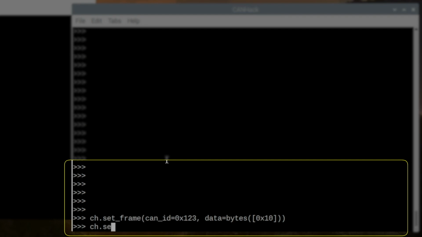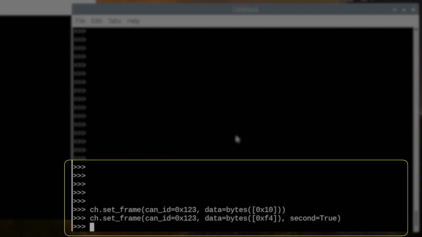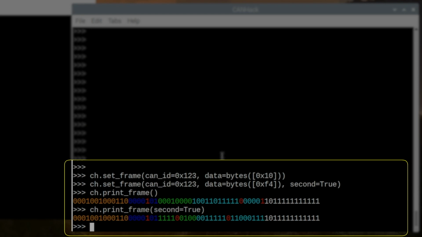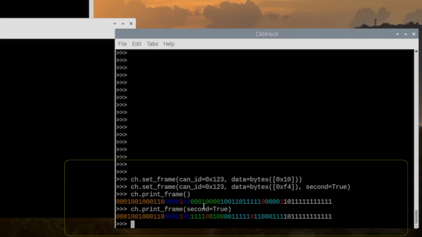And then we'll set a second frame that is going to appear inside the same Janus frame with a slightly different payload, and we mark this as second frame. And we can actually see what those frames look like. So we see here the frames have the same number of bits.